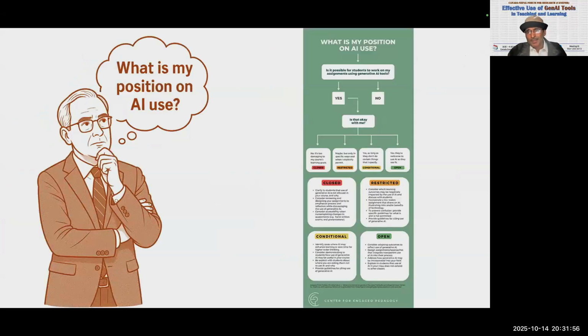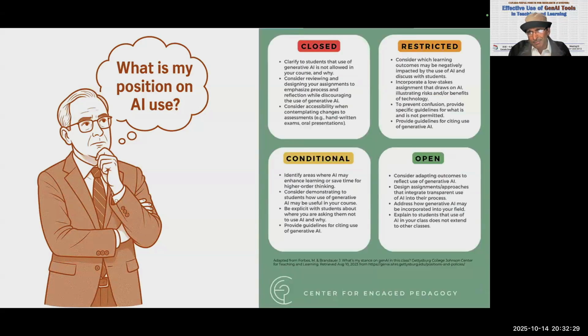And now, what to do then? What is my position on AI use? The University of British Columbia is using this infographic, which the Center for Engaged Pedagogy prepared. What is my position on AI use? And then if I'm using it, yes, then yes, and this is okay. And how much you are using? Very restrictive, conditional, open. If we want to see a little more clearly, because this is just a slide and maybe you're not very comfortable reading this small text here, closed,